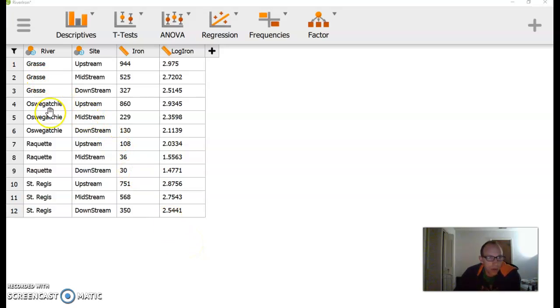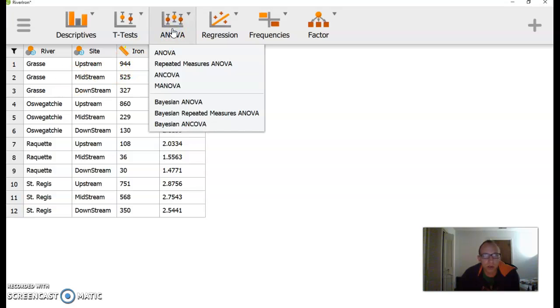Okay, so we have these 4 rivers and different spots along each river, and we're going to be looking at the amount of iron that were in a sample, one at each of the 3 locations for each of these 4 rivers. So we have 12 different data points here. So we're going to go to ANOVA,